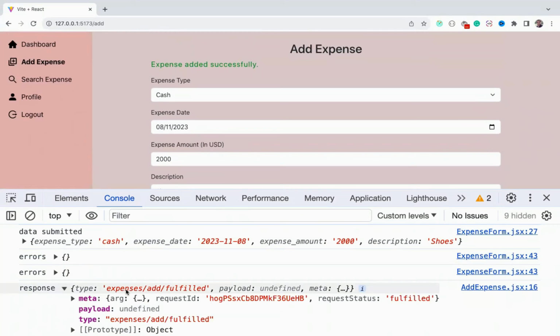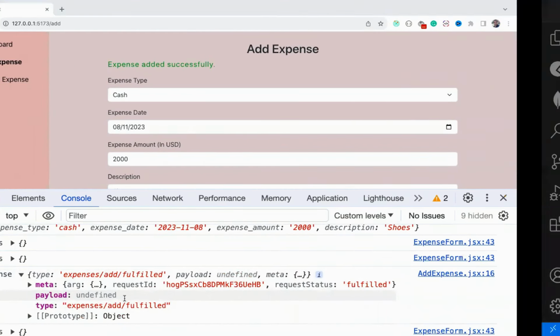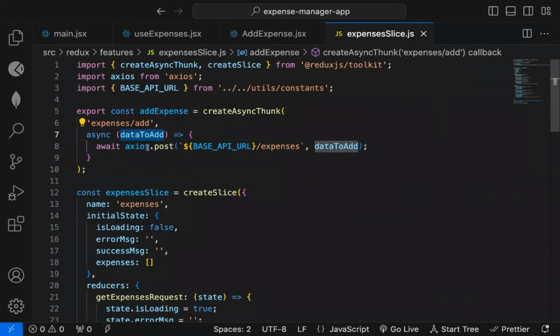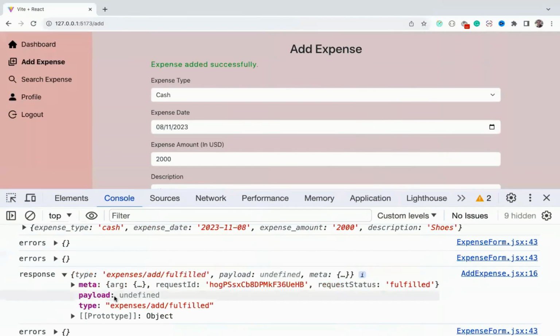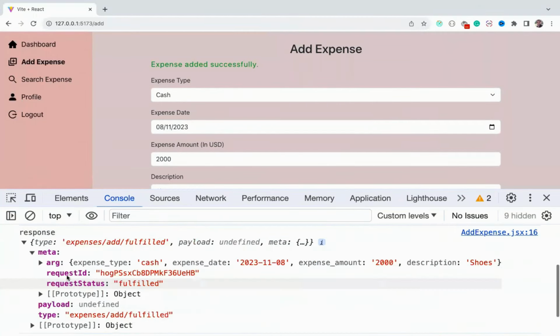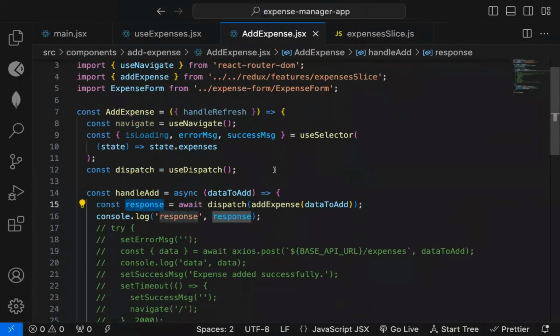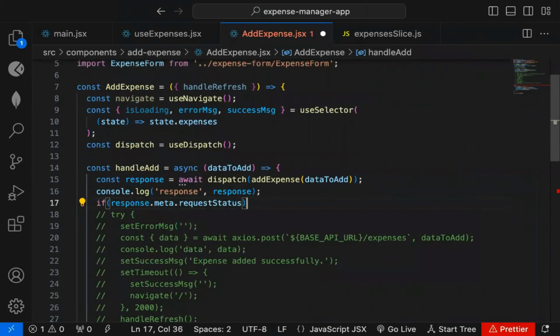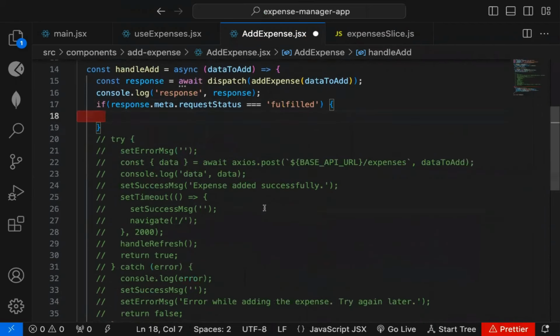Response, now you can see you get payload undefined because you are not returning anything from this function create async. So now payload is undefined. Request status, so we can check for request status, response.meta.requestStatus equal to fulfilled. Here I can check if response.meta.requestStatus is equal to fulfilled. That means that it's successful. So in that case,